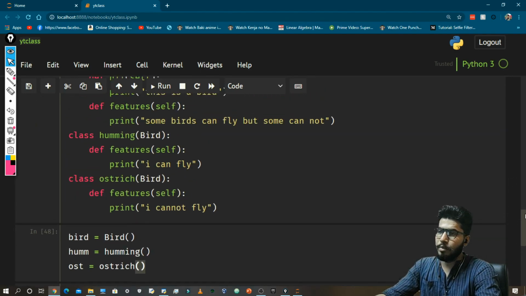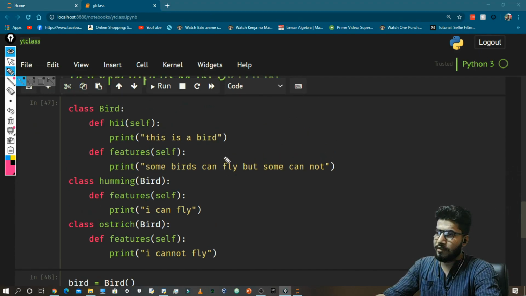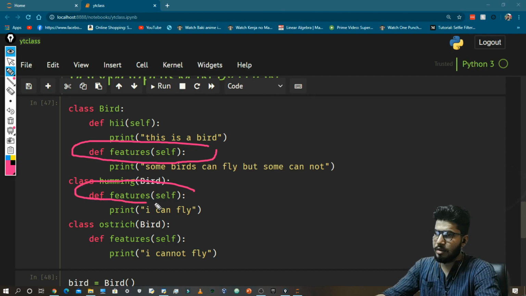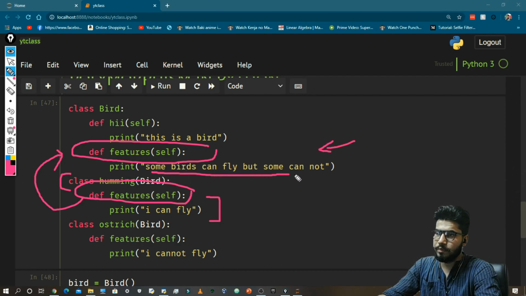So guys, this is polymorphism. We have this function and this function here, but both are performing different functions, and it is overriding when I am calling it from this class. But when I call this function using this class object, then it is printing this value.